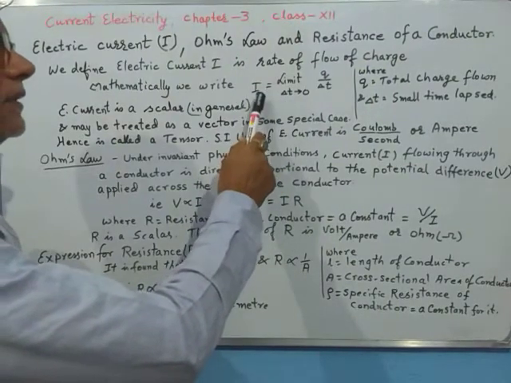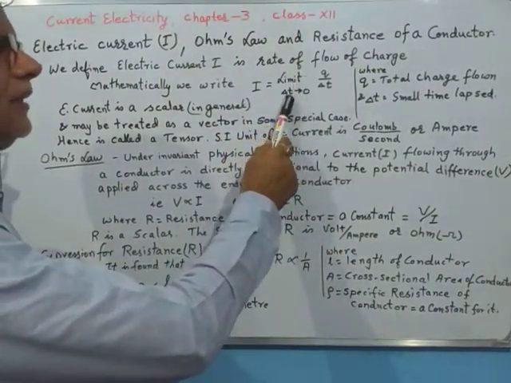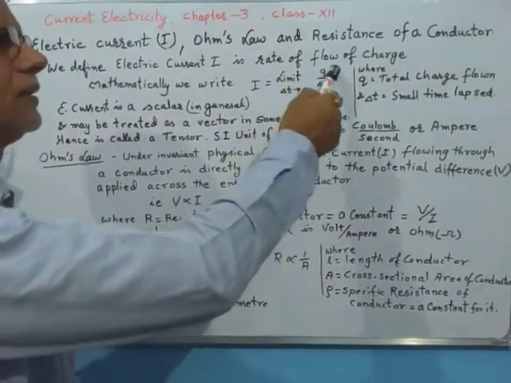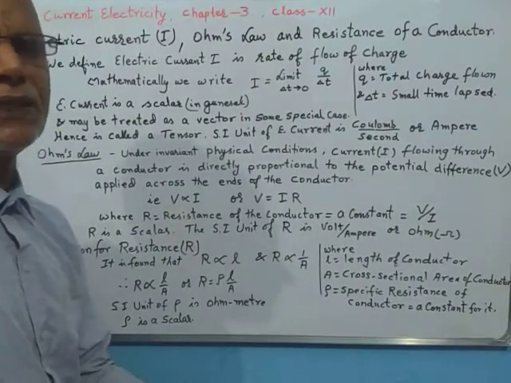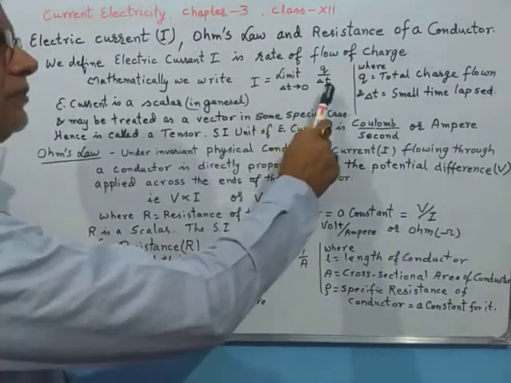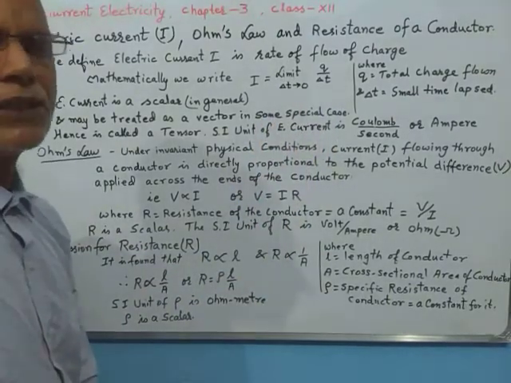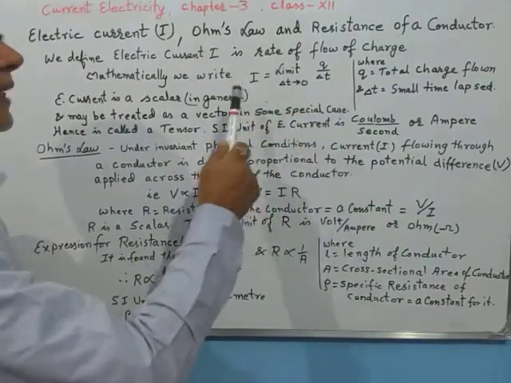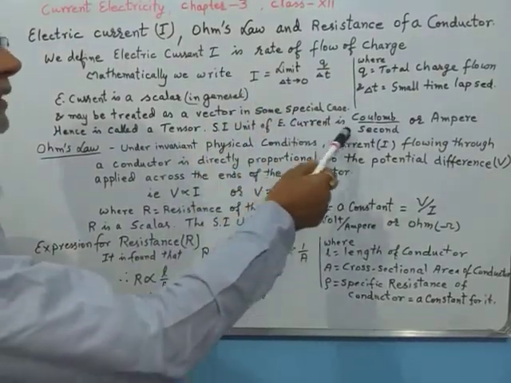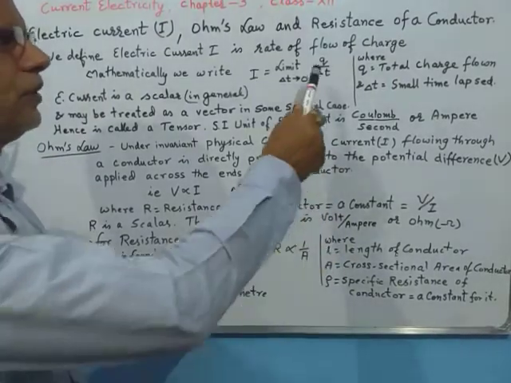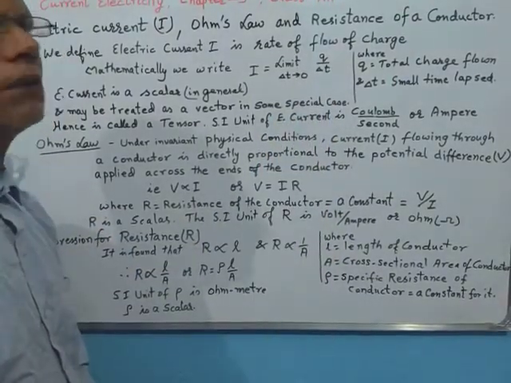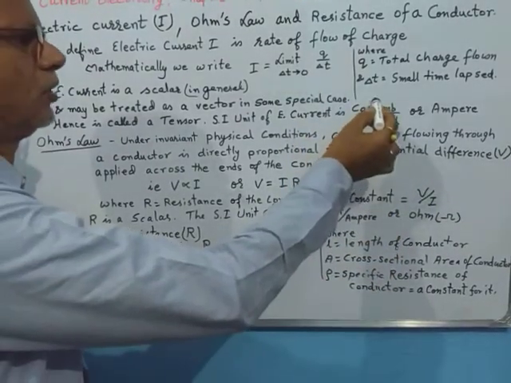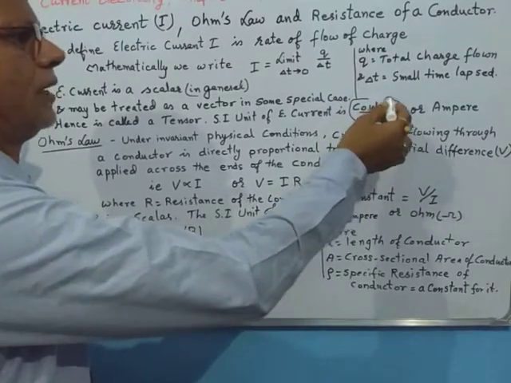And that way we define it: current is defined as limit delta t tending to 0 of the ratio q upon delta t. Meaning the formula in the true sense remains the same, total charge flown by total time taken, but here we are considering the time duration to be as small as possible. Now the current is defined as charge by time, so the SI unit of current will be coulomb per second, that is, the unit for charge is coulomb and the unit for time is second, and we call it coulomb per second. In honor of Ampere we call it ampere.